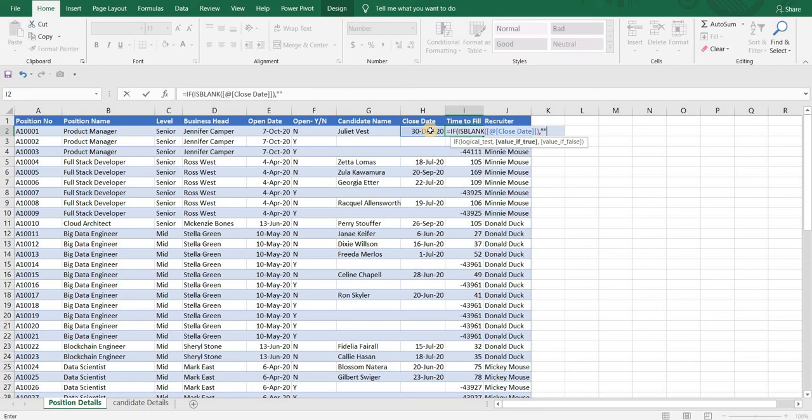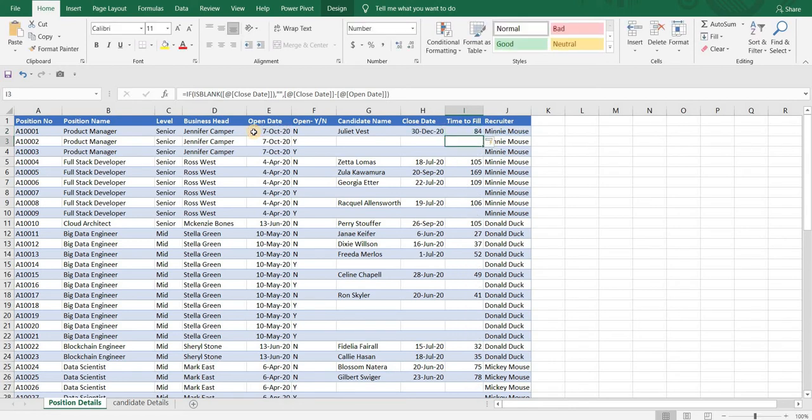We will enter blank quotes. If false, we will enter our formula, which is close date minus open date. And we have got time to fill. Next, we have recruiter name, that is, which recruiter is handling this position.